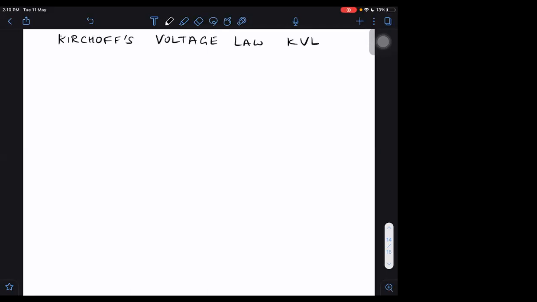Now I have to start Kirchhoff's voltage law. Although I told you in the morning as well that mostly we can solve all the problems just by using KCL. We don't even need to use Kirchhoff's voltage law, but we should know what it means. What is Kirchhoff's voltage law? That is important. Although we don't need to use it to solve these circuits, we can always manage by just using Kirchhoff's current law only. Kirchhoff's voltage law, KVL.